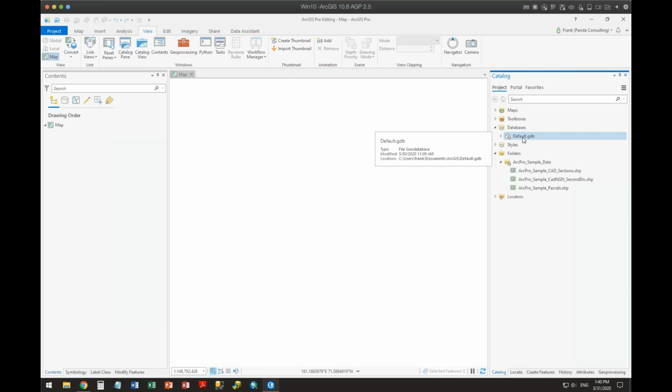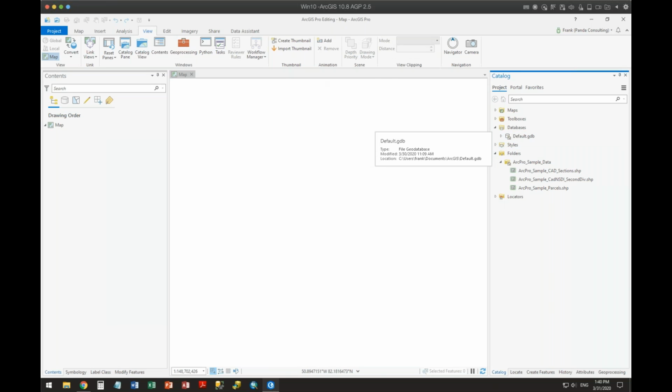Now, the reality is, if you have a file geodatabase, you can make that file geodatabase the default instead of this one, but you still wind up with a default GDB on your folder system. You can't get around it. You can remove it eventually if you replace it with a different file geodatabase as your default. But right now, it's creating a default GDB.